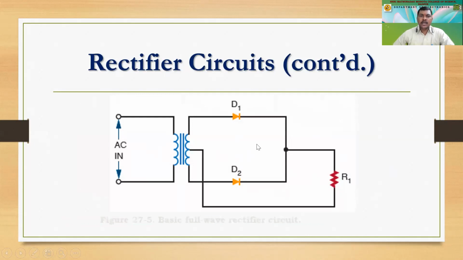Then we have this full wave rectifier circuit. Again, we are using the center tapped transformer, which implies that it will have three terminals coming out of the transformer: S1, S2, and the central tapping, that is S. We have connected two diodes in this fashion, one diode to rectify half of the cycle and another diode to rectify the other half. So we'll be getting the total AC cycle across this load resistance RL.